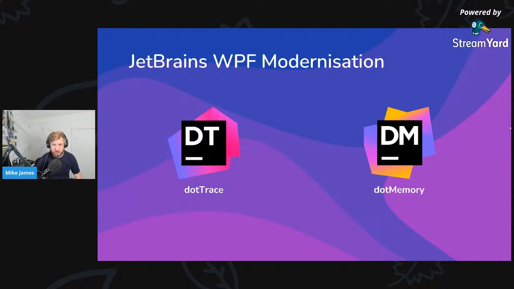And they were having a look at how can they bring this to .NET cross-platform. And they looked at all of the various frameworks that were out there and approaches to this modernization project that they had to undertake. And they came to the conclusion that Avalonia was going to be the best option for them, which I think is a